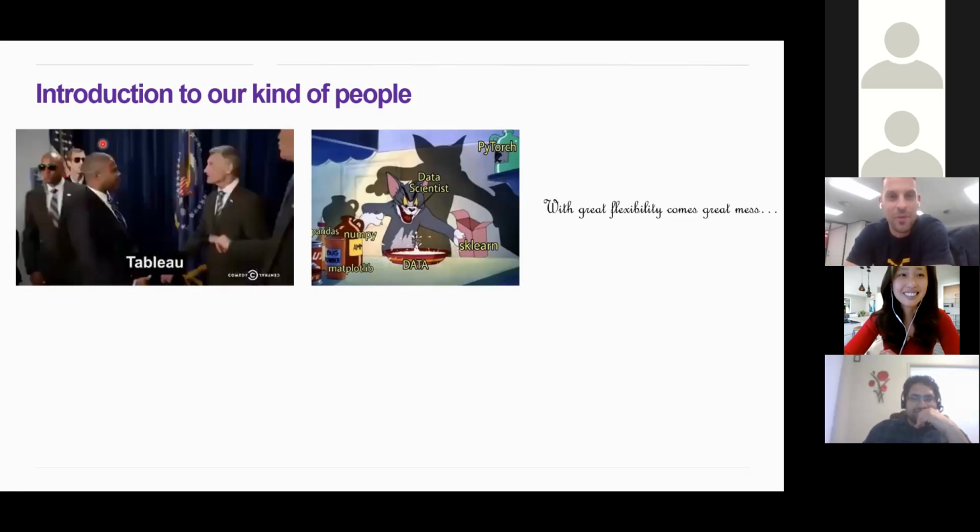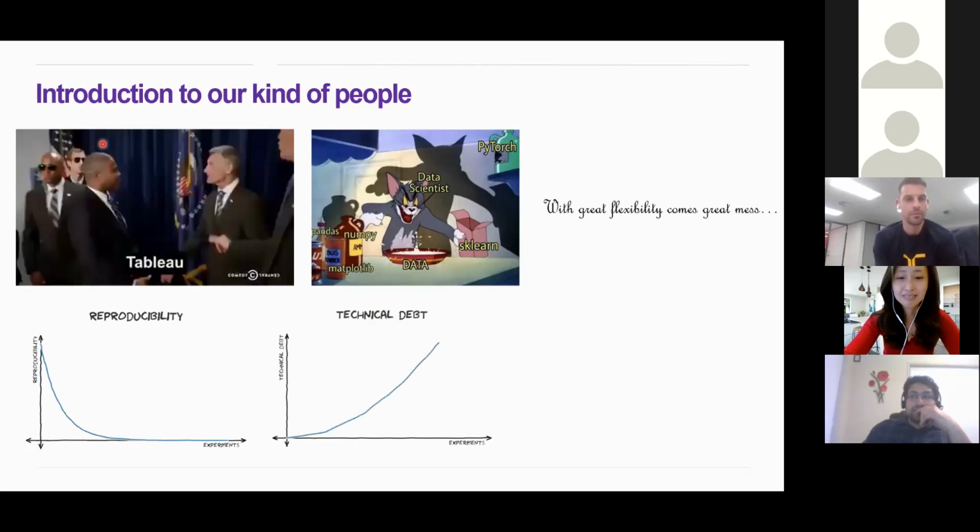Now, what do I mean by with great flexibility comes a great mess? If we look into the experimentation loop that we go into when we develop a particular data science product, and this is where it's very different from your traditional software-based product as well, it includes experimentation. What you see with experimentation is that over time, as you experiment more and more, the reproducibility capability goes down exponentially. The second thing you notice is that as you do more and more experiments, your technical debt keeps on increasing,